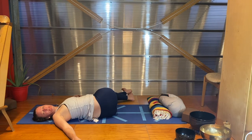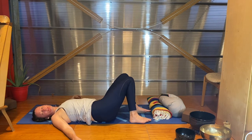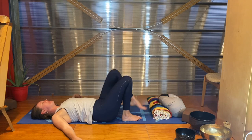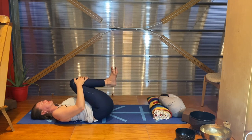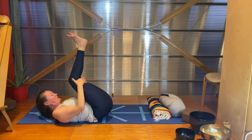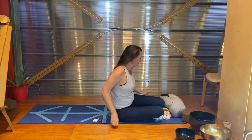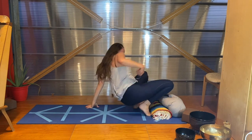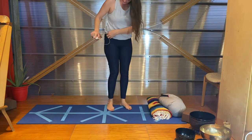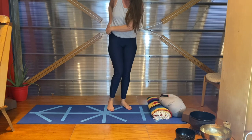Start to bring those knees in and placing the feet on the floor, getting ready for a nice shavasana. So you can go back into a child's pose should you feel you need that, legs up the wall, or simply spreading out into that traditional shavasana. And while I serenade you with some live music here,